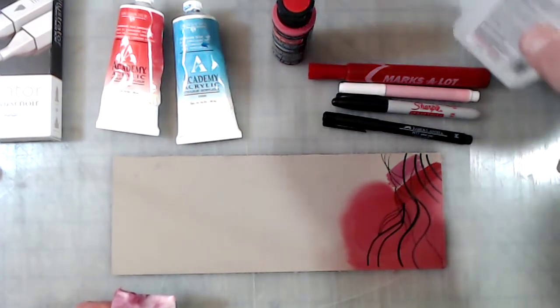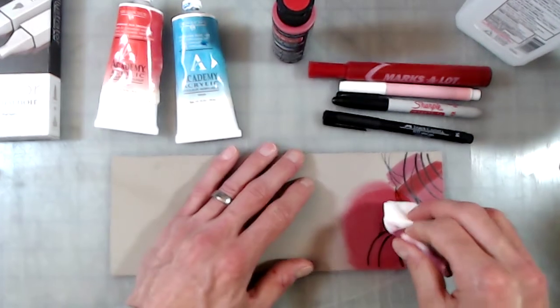So if I pour a little bit on the surface, you can see